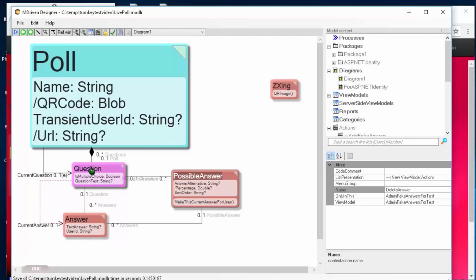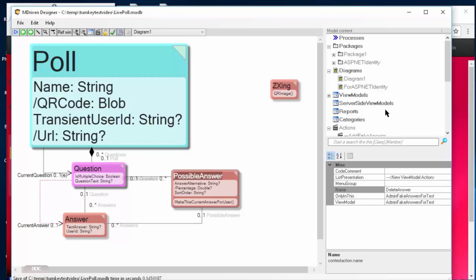And of course, Thomas controls the poll and decides which question is supposed to be the current question, this one. And this derived association is kept in memory per active user to point out their current answer if it's a multiple choice.